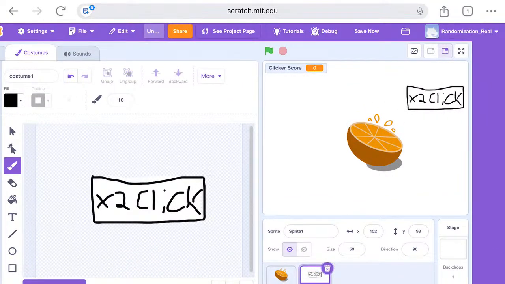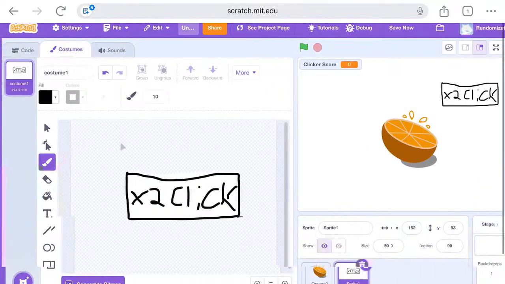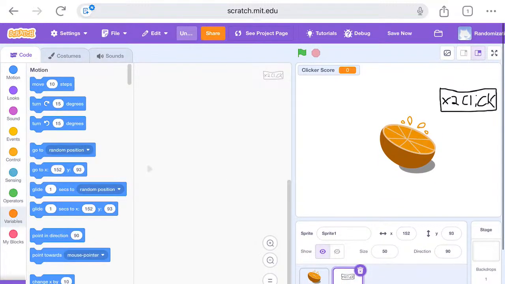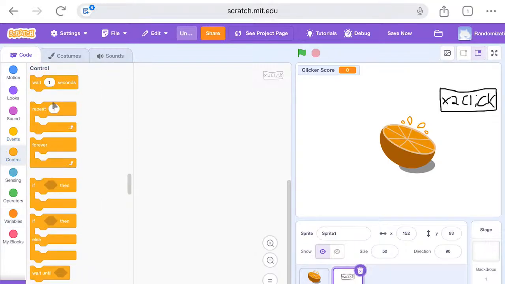Times 2 click. Sure, that'll work. And then we go into code, and when this sprite clicked,